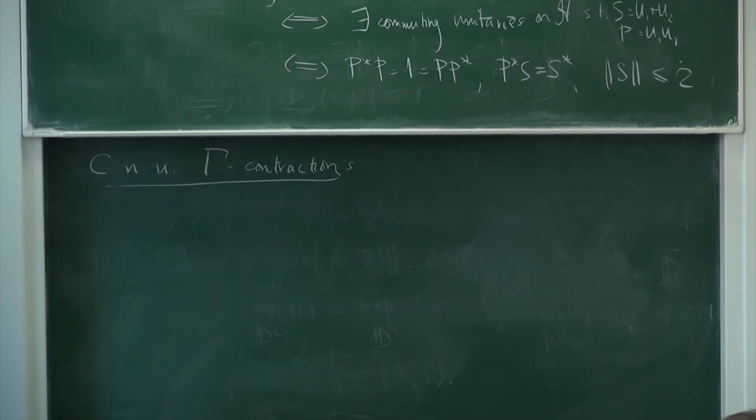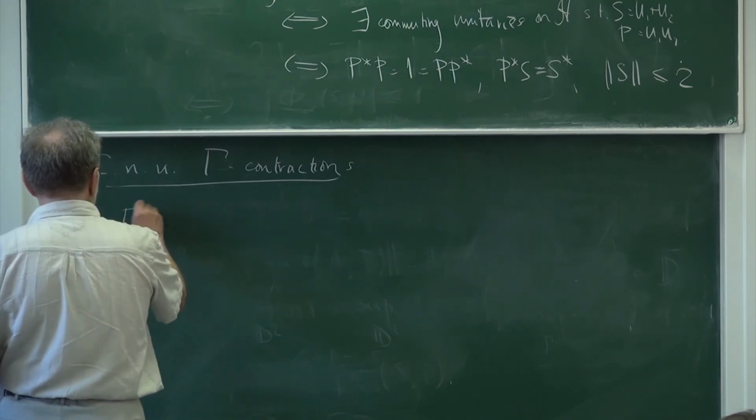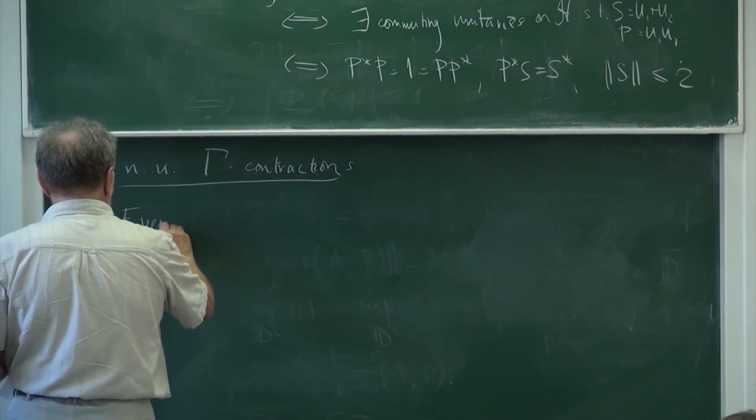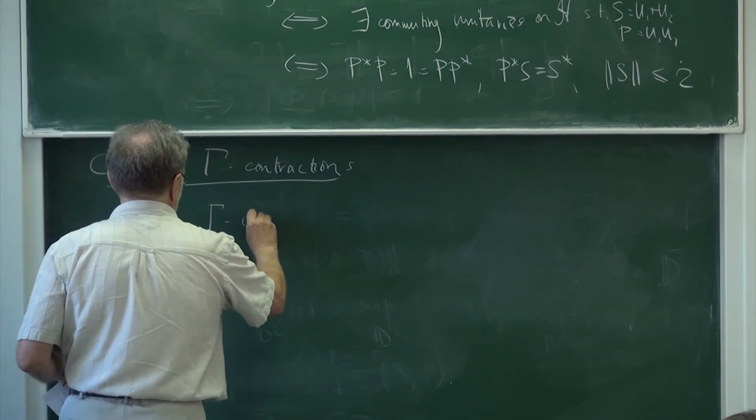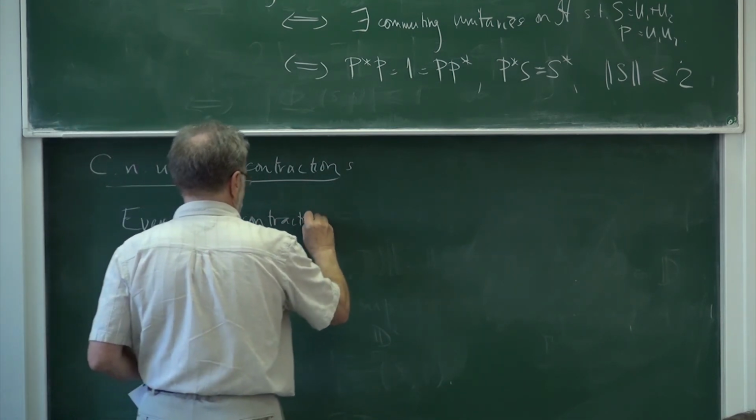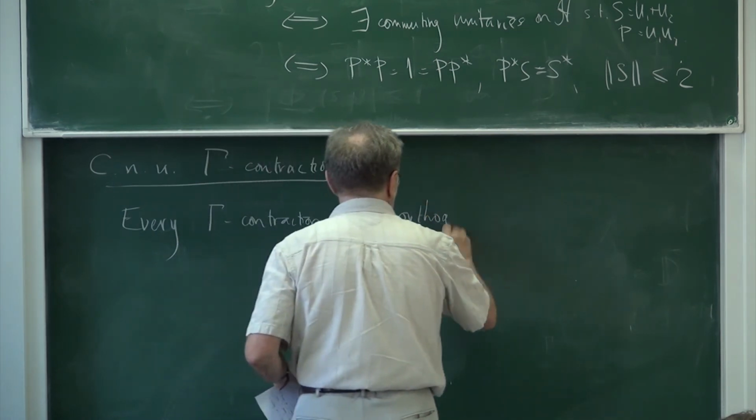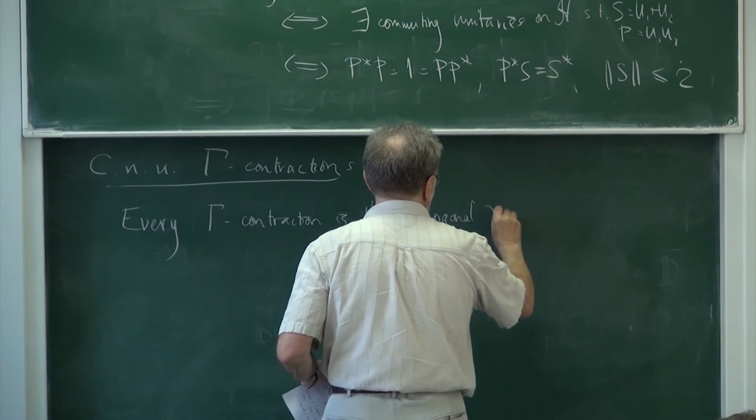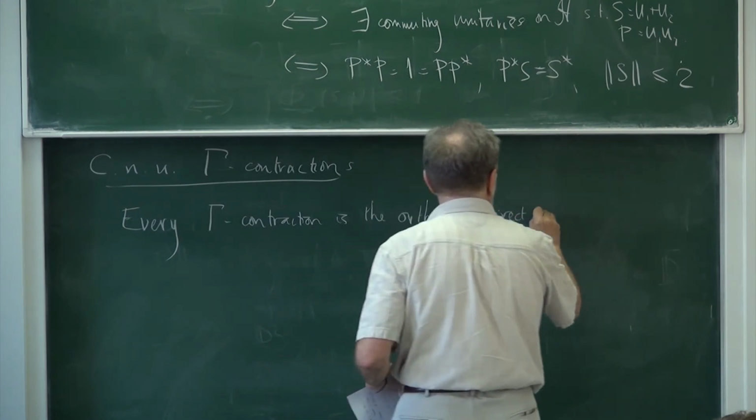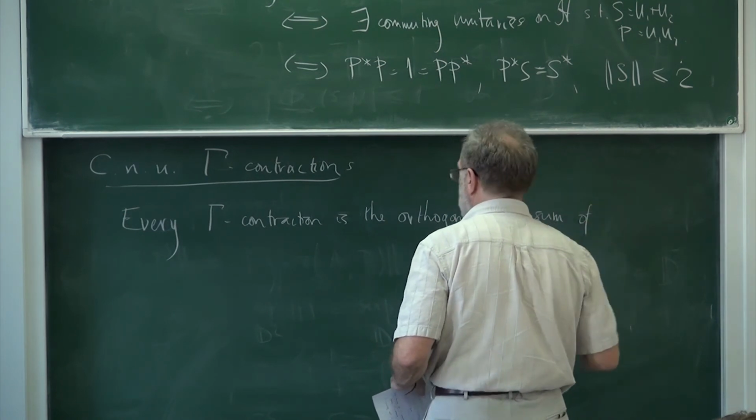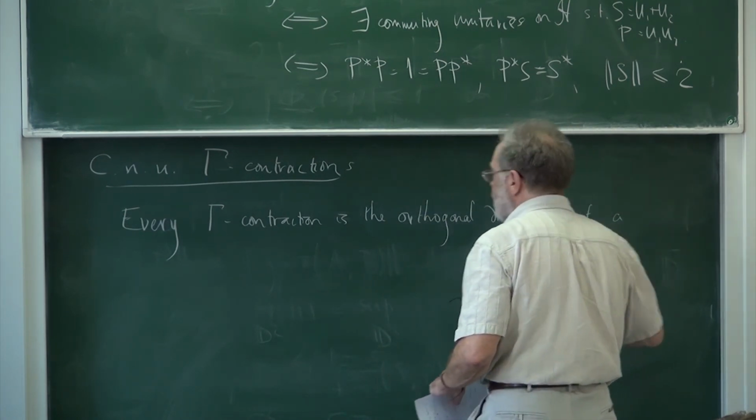And then there was a simple observation that if you have a contraction T, then you can express it as the orthogonal direct sum of a unitary and a completely non-unitary contraction. And the analogous statement is true here. Every gamma contraction is the orthogonal direct sum of a gamma unitary